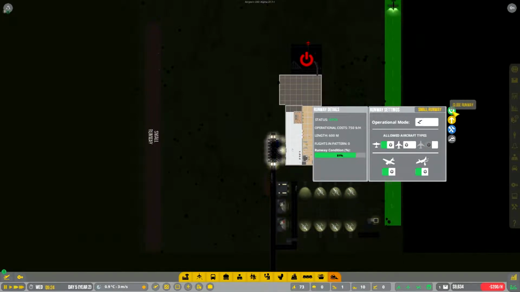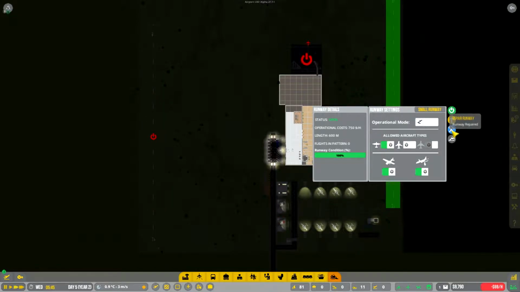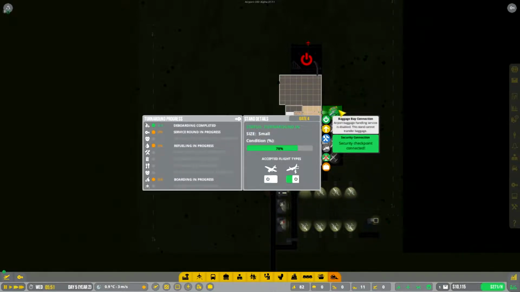Close runway. Runway upgrade. Okay, all right. They have changed things quite a bit. I think we're going to repair this runway while we're here. Well done, us. Actually, that's what we haven't done this